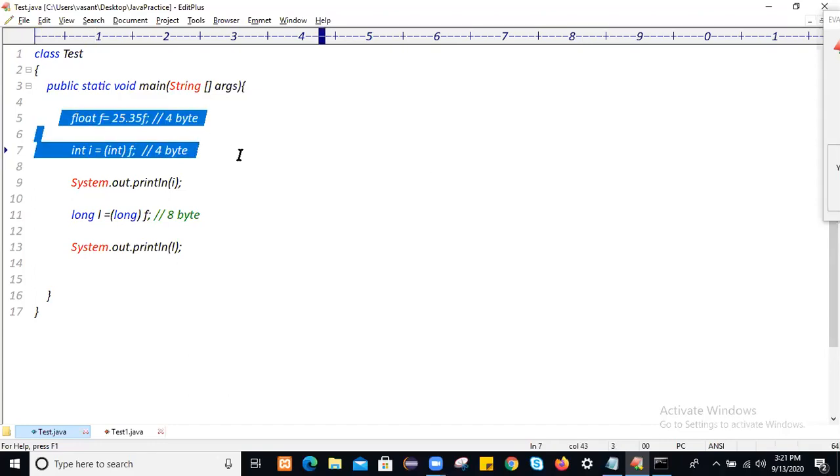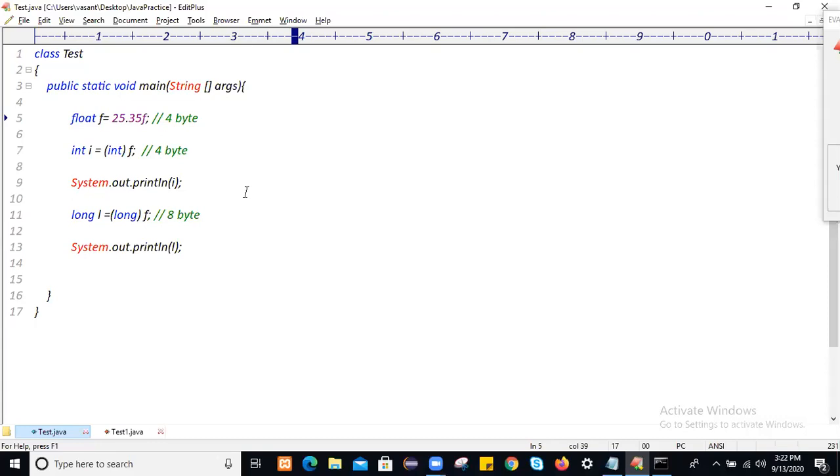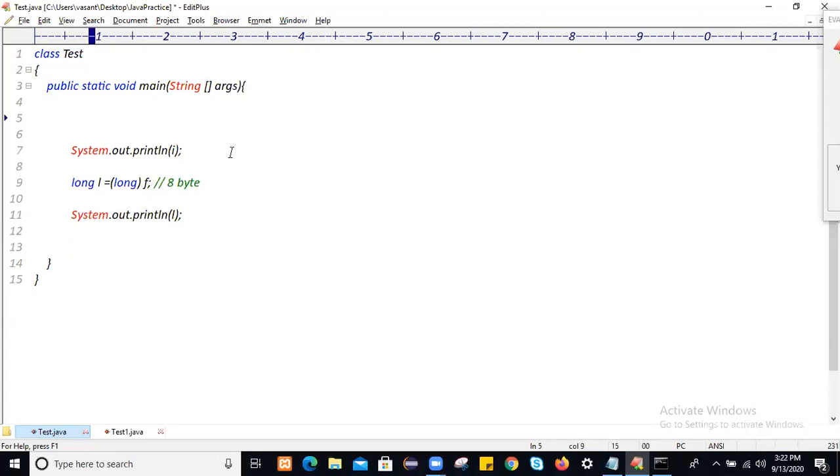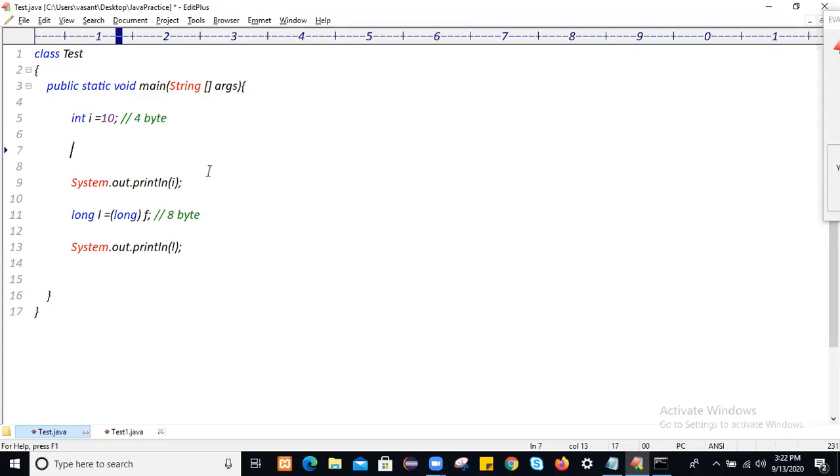Bigger into smaller one. You have done with this. Let's take an integer type, int i equals 10. It holds 4 bytes of data.